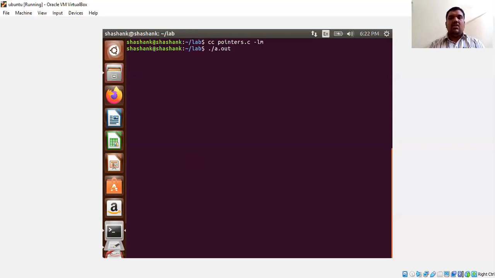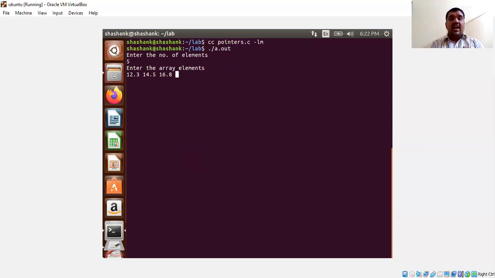./a.out. Now enter the number of elements. I will take the value of n is equal to 5. Now enter the array elements. Let us take 12.3, 14.5, 16.8. I am taking an array of n real numbers. Here the value of n is equal to 5.